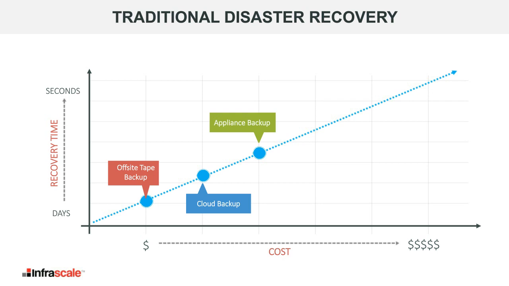And then you have this big gap. And actually this curve should be a big curve at this point. So you notice it goes from appliance backup to cold site DR for disaster recovery. The big difference in a backup versus a disaster recovery solution is that backup is going to be primarily concerned with avoiding data loss or mitigating data loss. So can you recover it? Yes. Disaster recovery answers the question, how quickly can you recover it?